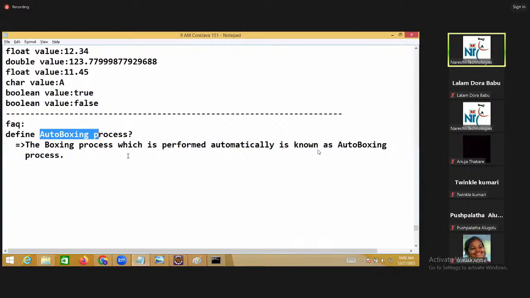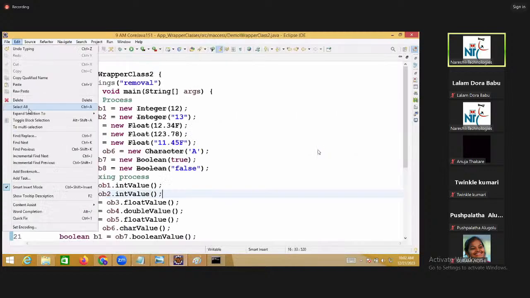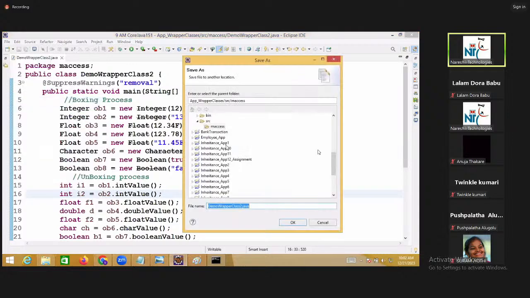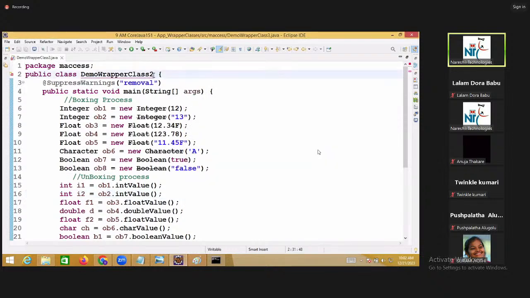Look here. Auto boxing means we are not doing the boxing ourselves. That's called auto box. Save as. Right. I want to do auto boxing here.